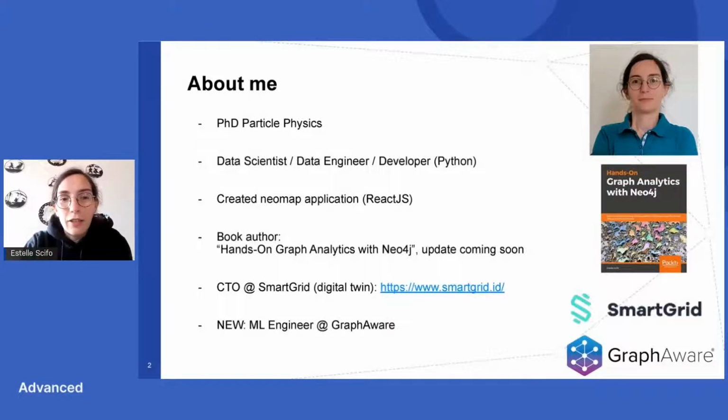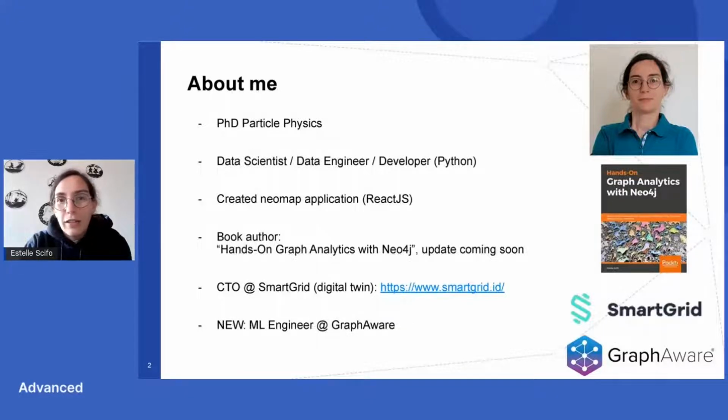I started actually wandering in the Neo4j community in 2019, where I built the NeoMap application, which is a React.js based application to visualize spatial data stored in Neo4j on a map. I also authored a book about graph analytics with Neo4j, where we have an update coming next year with the new feature of the Graph Data Science Library.